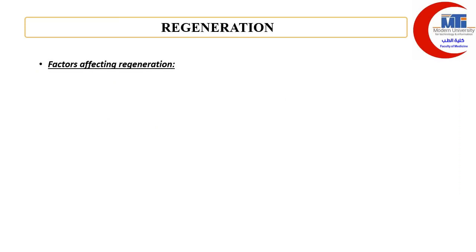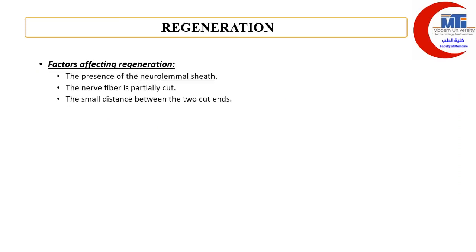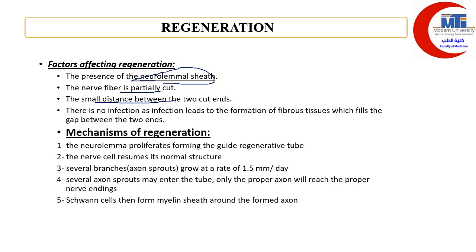Regeneration. What are the factors affecting regeneration? The presence of the neurolemmal sheath, which means the presence of Schwann cells. The gap between the cut nerve fibers must be small. The nerve fiber is partially cut, not severely cut. Mechanisms of regeneration: at first the neurolemmal sheath or Schwann cells proliferate. At first, the nerve fiber will